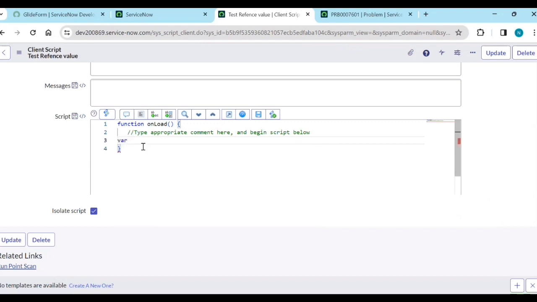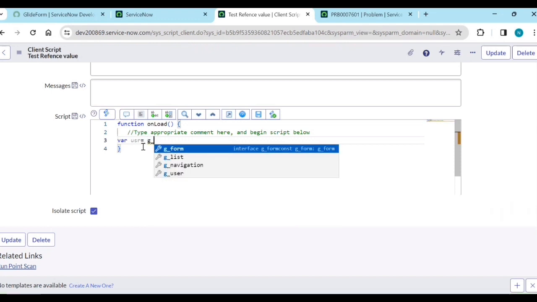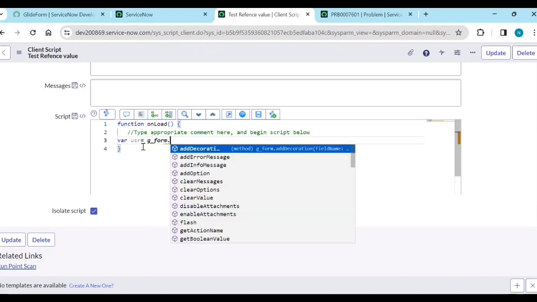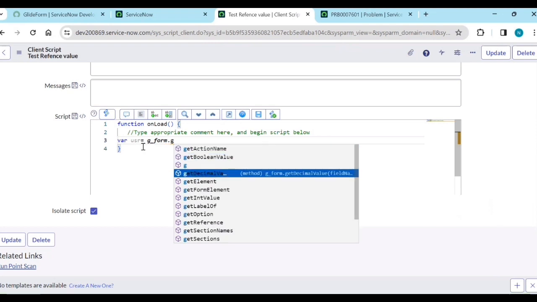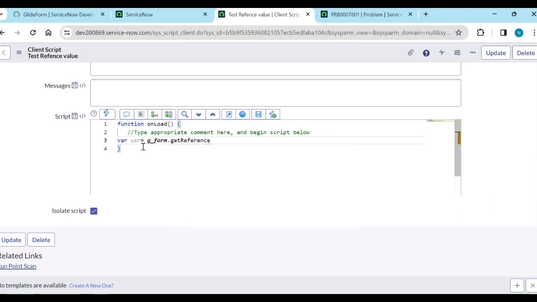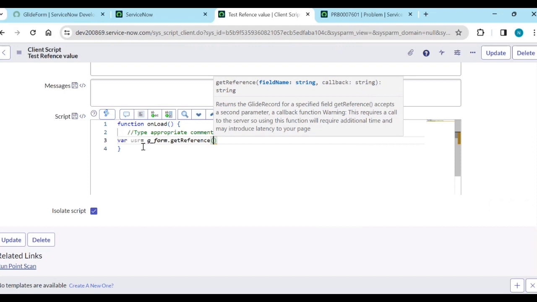You can define a variable like user or USR, any variable, equal to g_form.getReference of the field name,